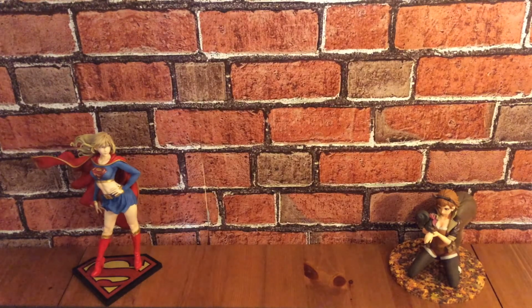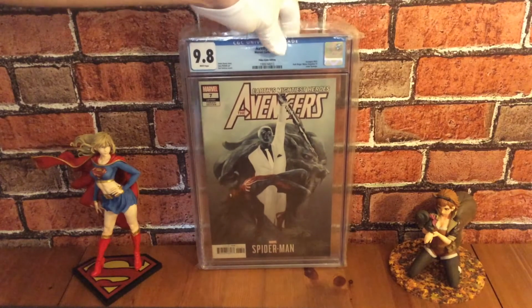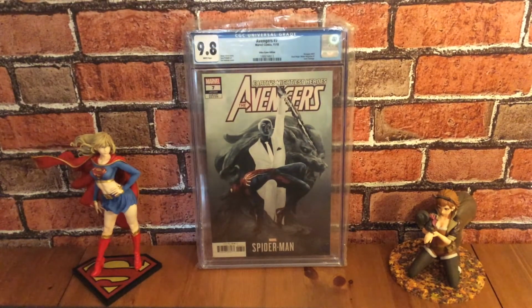Okay, the next one I have to show is this one. Here we have a homage cover to Mr. Negative #1 by Jay Lee, who homaged his own original cover for Mr. Negative #1. And yeah, this is a video game variant. I believe it's a 1 in 10 video game variant, of course featuring Mr. Negative and the PlayStation 4 Spider-Man. Basically, the cover of this book actually has nothing to do with the story that's inside. The inside story actually features an origin story for Ghost Rider 1 million BC, who is actually the first ever